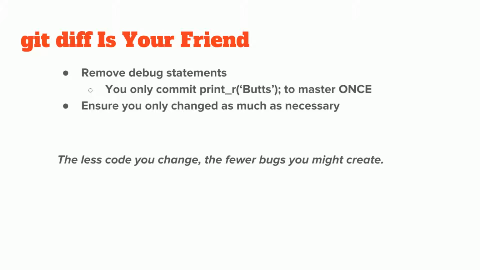So I make it a habit that every time I'm getting ready to commit, the first thing I do is use Git to look at the list of files that changed, and then I use Git to look at what I actually changed. Basically every time before I make a commit.